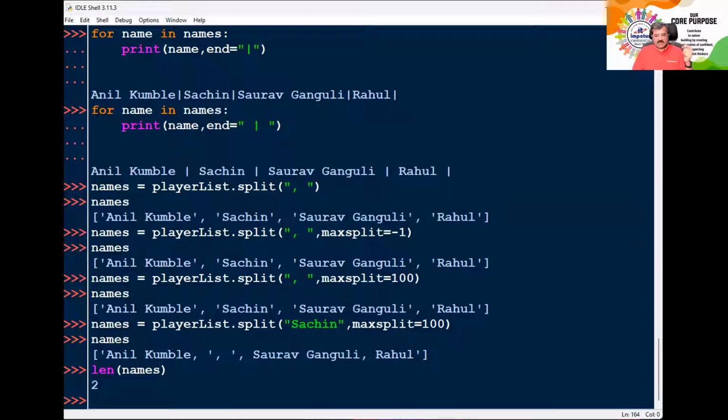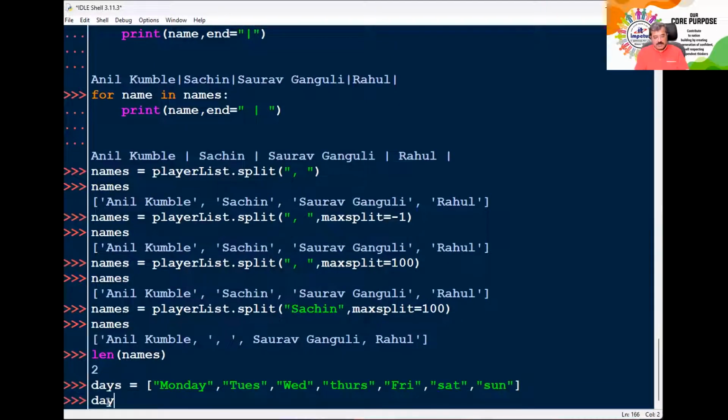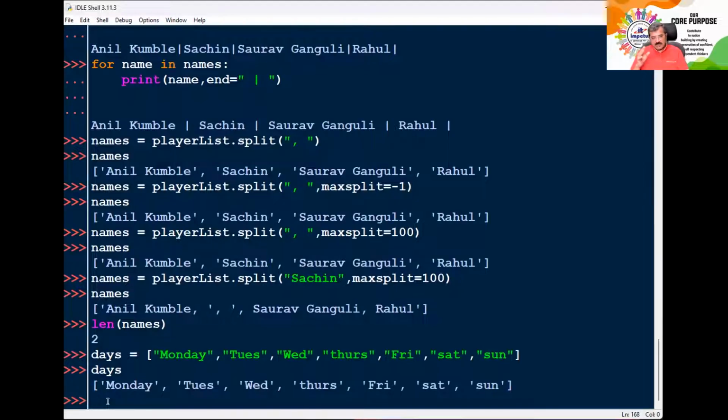Now let's do something more. Suppose I have a list of names. For example, here I have a list called days, so I said days is equal to, and this is a list: Monday, Tuesday, Wednesday, Thursday, Friday, Saturday, Sunday. This is my list. If I print these days, these are multiple words. 1, 2, 3, 4, 5, 6, 7. If I say length of days,